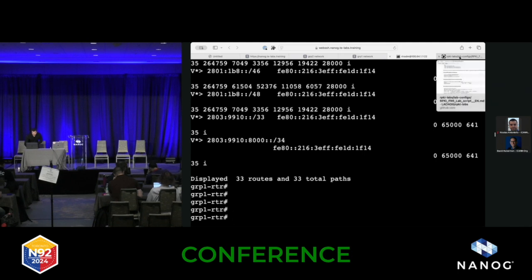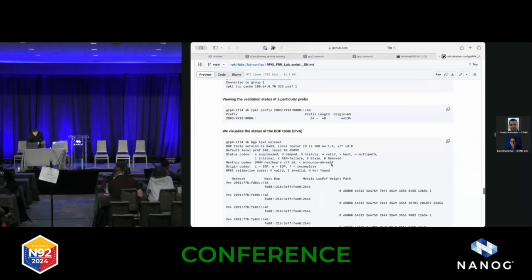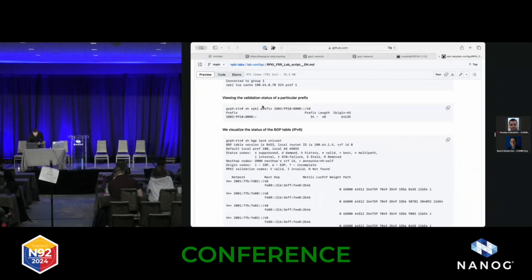We are going now for the next 10 or 15 minutes. For the rest of the practical part of the lab, we are going to work with a specific IPv6 prefix and do some stuff around that prefix, okay? First thing we are going to do is see the BGP status, the ASN path, and the validation state for a specific prefix, okay? If you go to the lab script, we are going to be using this prefix, the IPv6 prefix